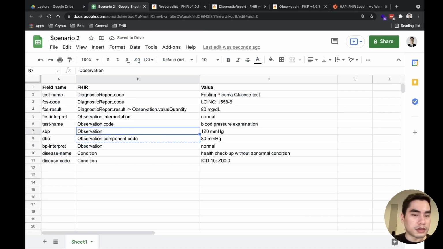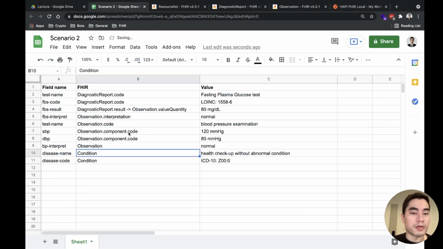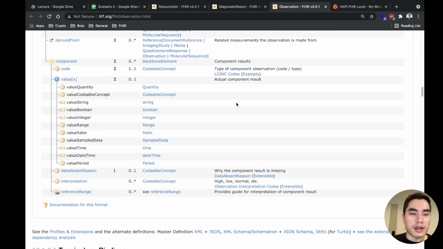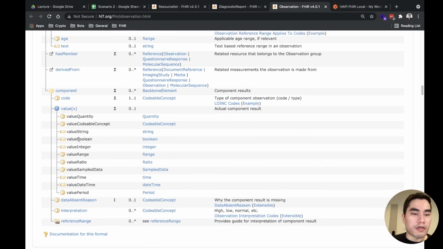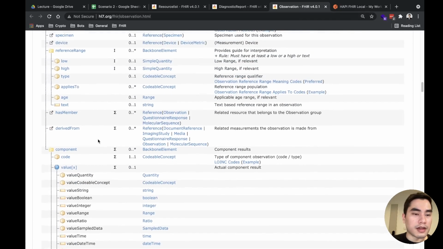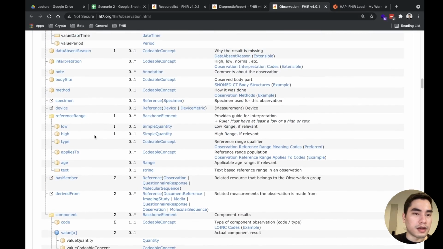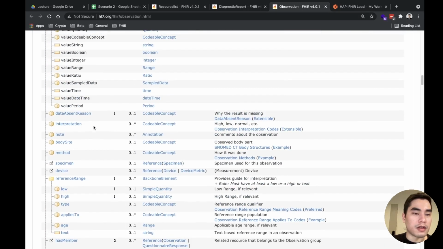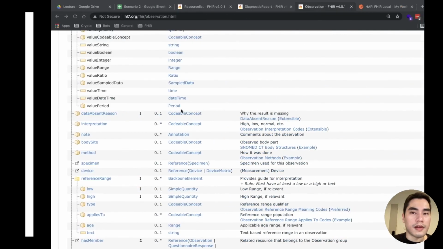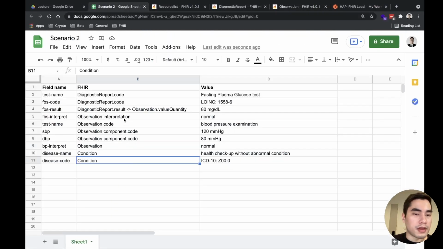Oh, this one is the same, just a different component but the same structure. And the interpretation, you can interpret at the level of the component or at the level of the observation resource. So I think I will put it in this one.